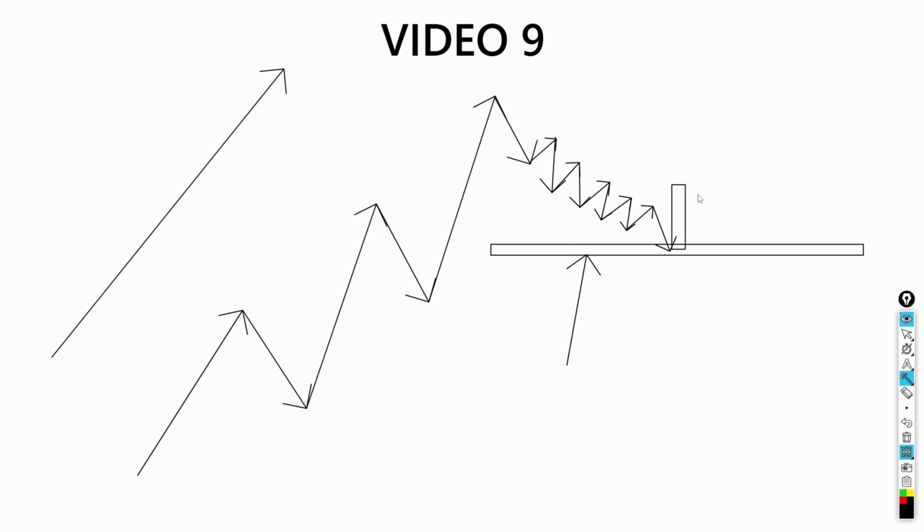In this case, you will go for a call for 5 minute or for 1 minute expiry. It is totally up to you. But if this candle closes like this and also has some rejection like this, a small wick, I'm just drawing it so that you guys don't get confused. A wick is not necessary, but I'm just drawing it so that you understand that there is some resistance present